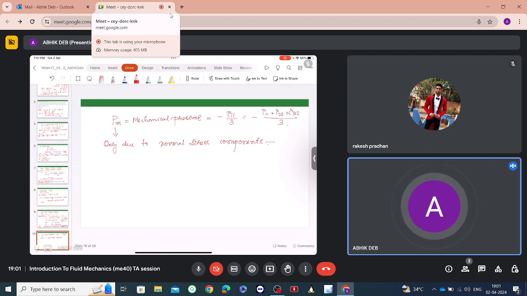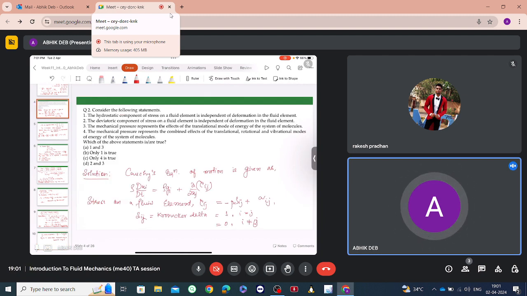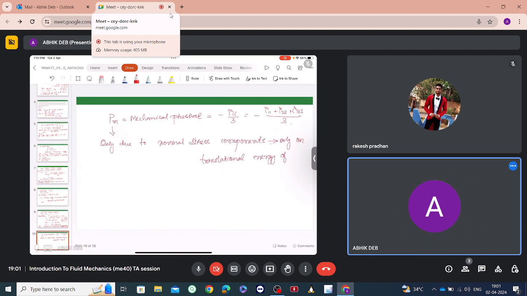And it depends only on translational energy of molecules, right? Translational energy of the molecules, which is responsible for the normal stress. Therefore, P is equal to Pm plus lambda plus 2 mu by 3